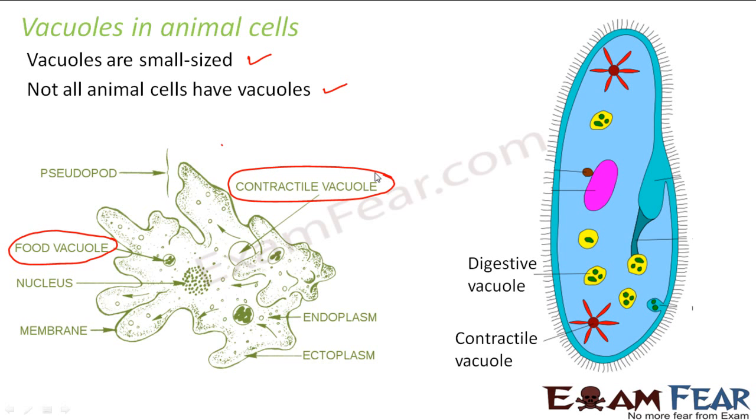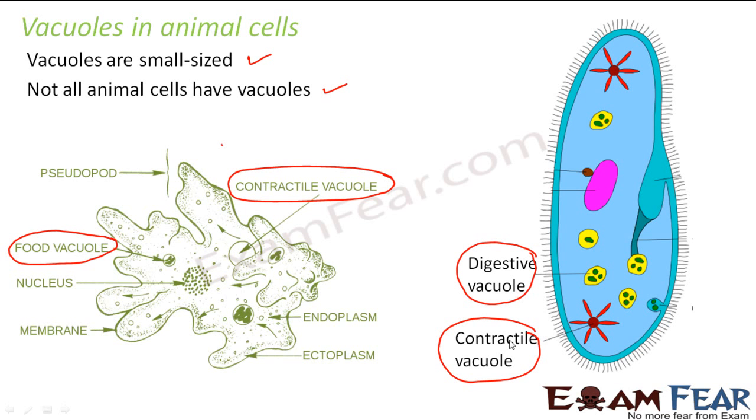So you can have multiple vacuoles, you can have more than one vacuole, but the size of each vacuole is small. So the food vacuole will help in intake of food material. Similarly the contractile vacuole will help in the contraction. Similarly, another example is a ciliate. Ciliate, what is a ciliate? The protozoa which has got these hair-like structures called cilia throughout its body, right? So here also they have got a digestive vacuole which helps in digestion. Again, it has got another contractile vacuole which helps in movement, right?